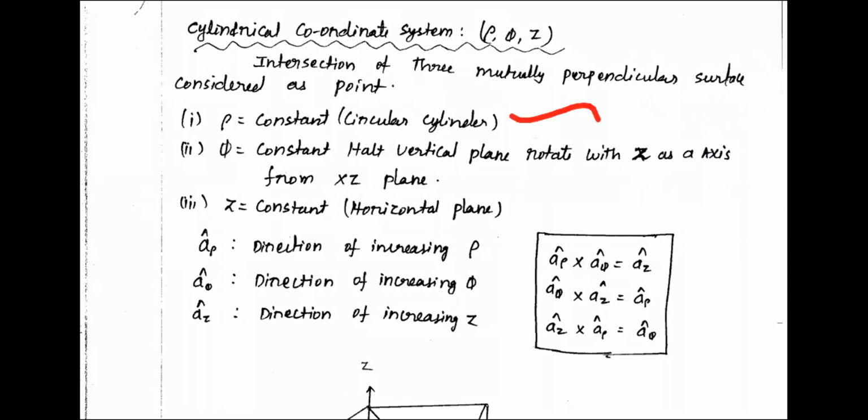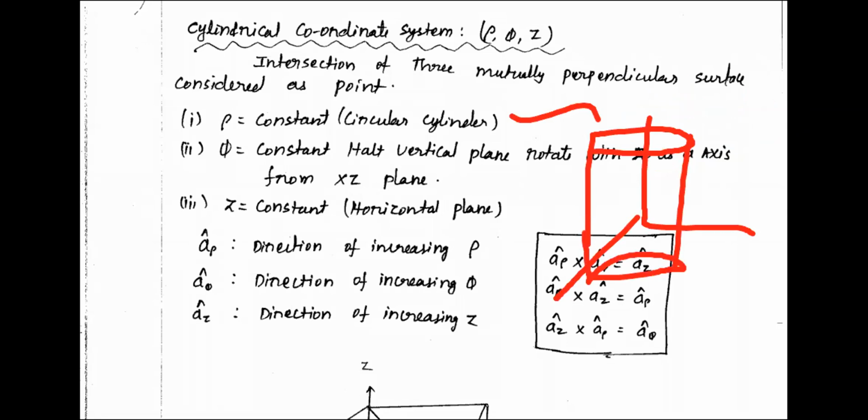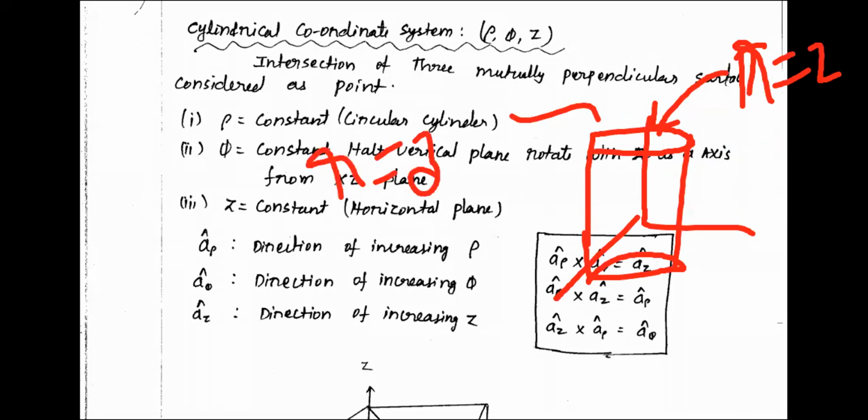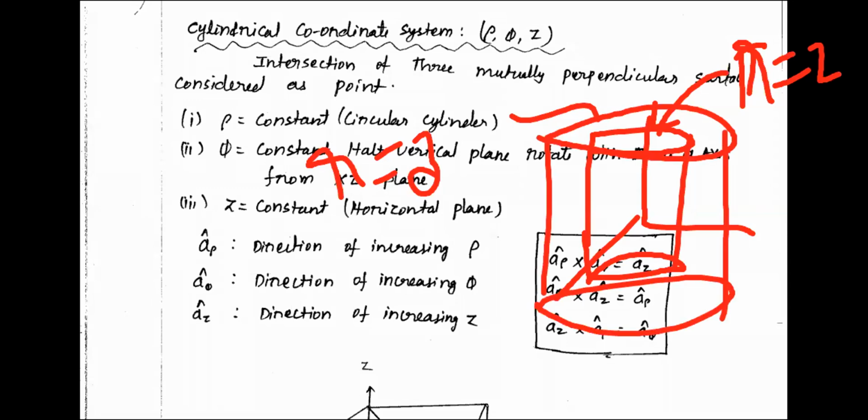Rho is equal to constant. So r is equal to constant, what is it giving? A circular cylinder. In the morning I explained, when you fix rho or r, you will get a cylindrical coordinate system. Somebody tell me, if this value of rho or r is 2, and I take r is equal to 3, I will form another surface like this. What is the relation between these two surfaces? One surface with r equal to 2 and another with r equal to 3.